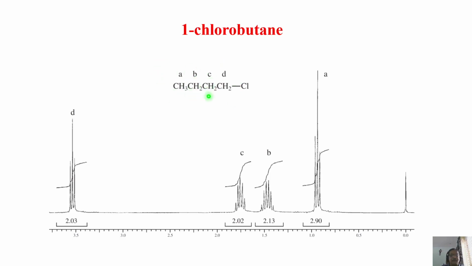CH3, CH2, CH2, CH2. And I remember I took the example of when an electronegative atom is attached, how the chemical shift moves. The one which is directly attached to the electronegative atom withdraws electrons, and as a consequence, this gets deshielded. I told you, so this has to come downfield. Look at the spectrum. There is only one group of peaks which is coming downfield. This triplet must be for the CH2.